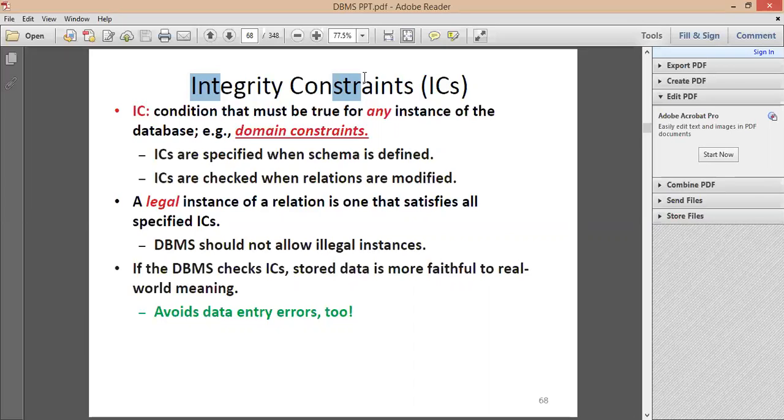Now we have seen default, null, not null. Where do we specify these? We specify these when we are creating the structure, that is, when we are defining that particular table or relation. That's what an integrity constraint is: a type of condition specified on the database schema, and it restricts the data that can be stored in the instance of the schema. That is, when you're storing particular records, it enforces constraints on them. It doesn't allow the record to store whatever it wants.